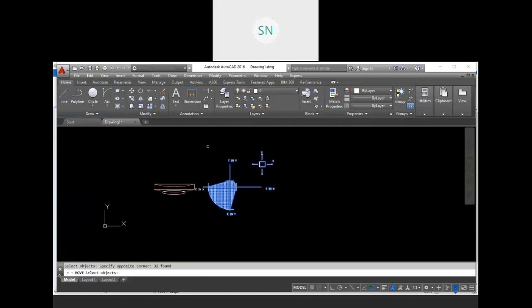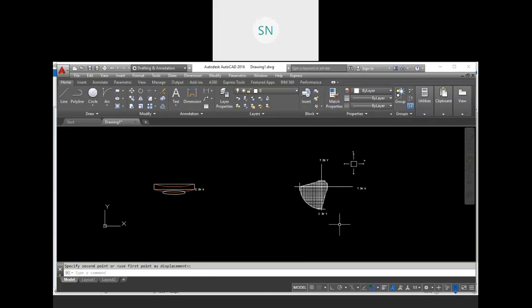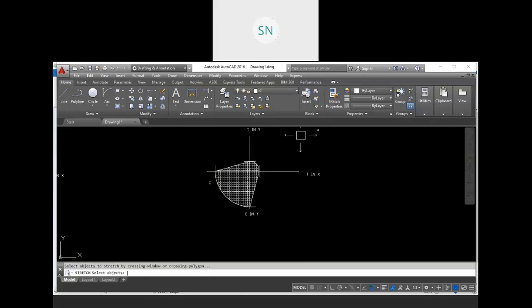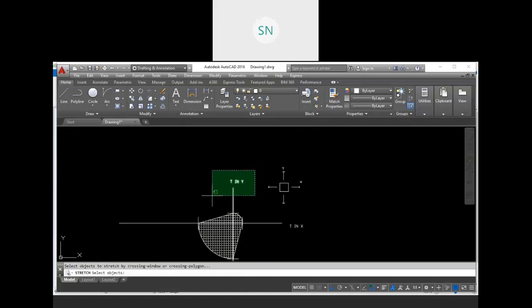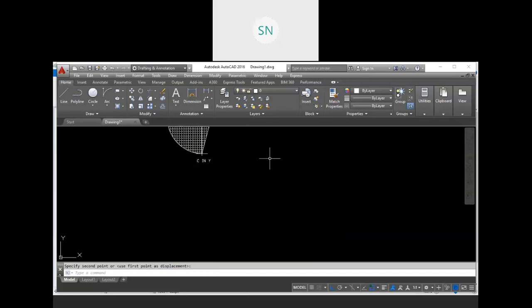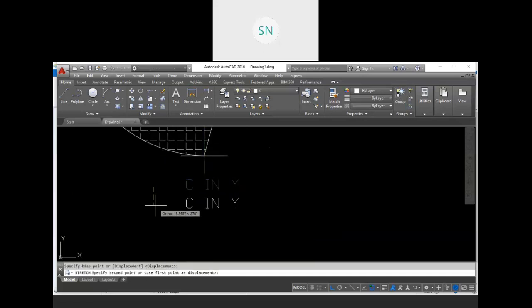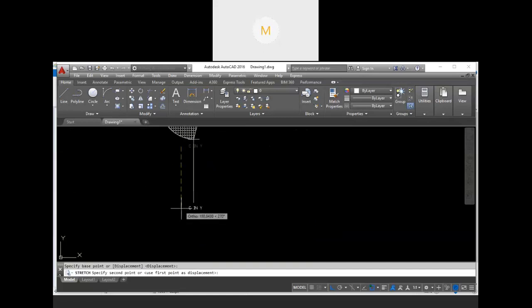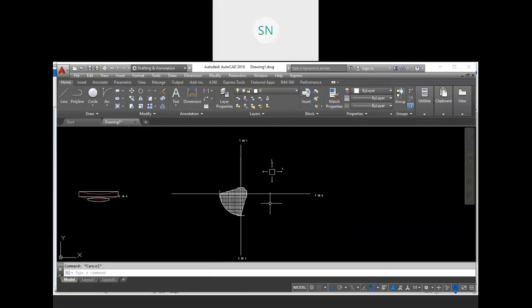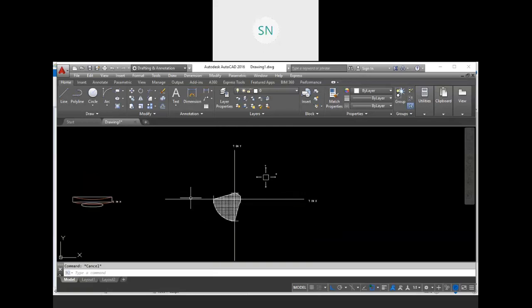Okay, let me do the same thing for the steel. In this case, for the steel, we have a very huge compression capacity.